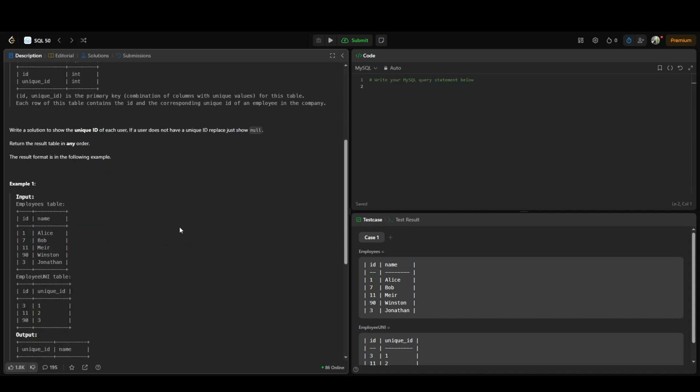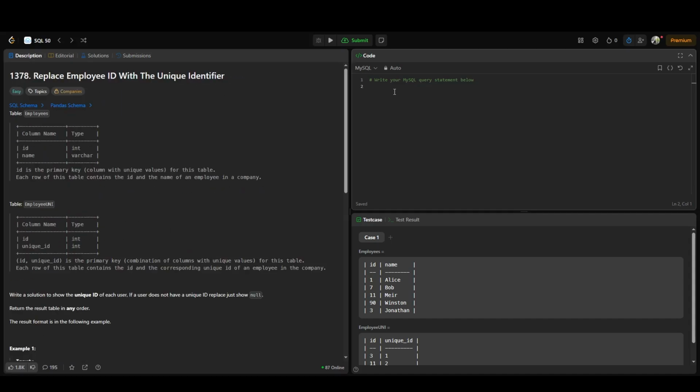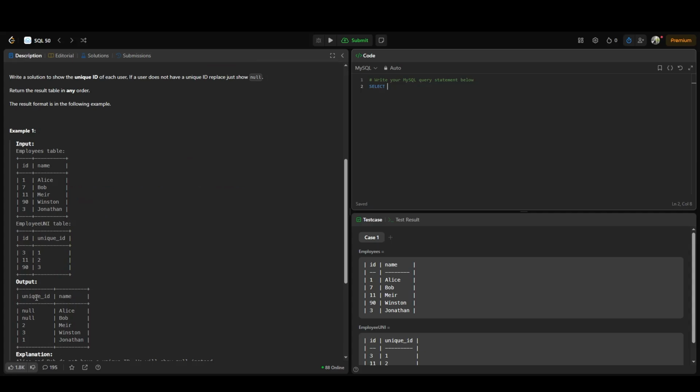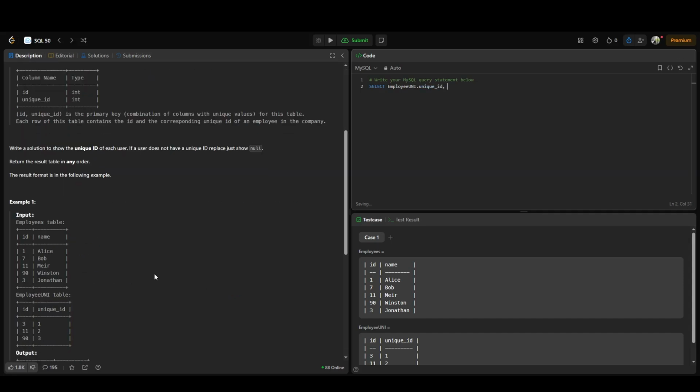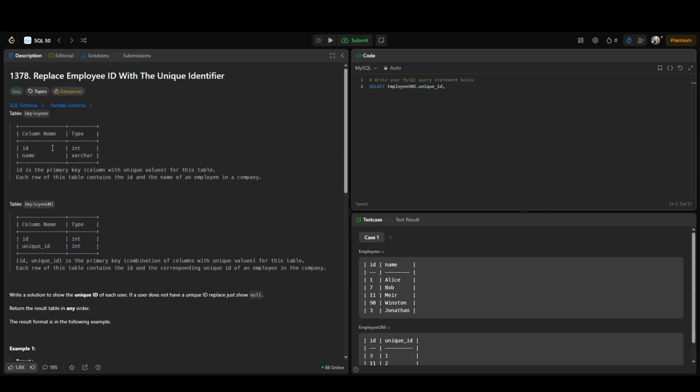So let's begin. We'll start by saying select, and we want to select, if you look at the output, the unique ID which is present in the second table. So let's say employee UNI dot unique ID, and we also want the name which is available in the first table. So employees dot name,